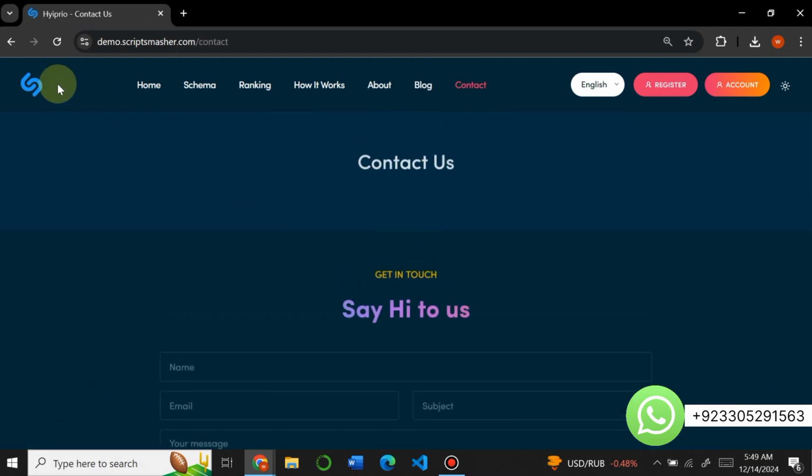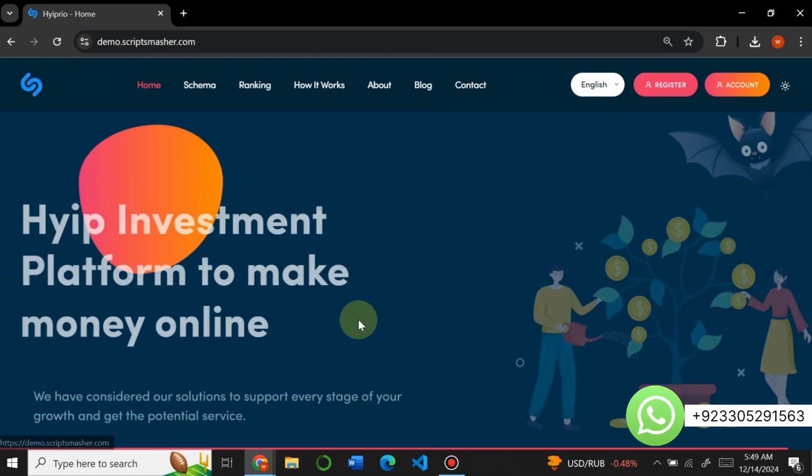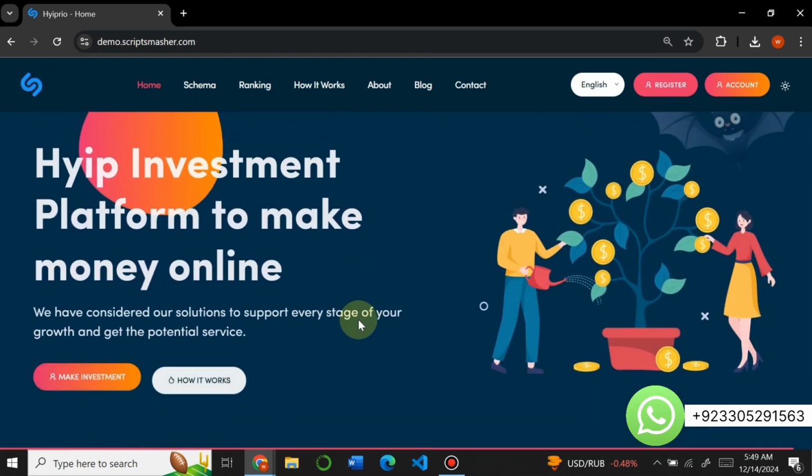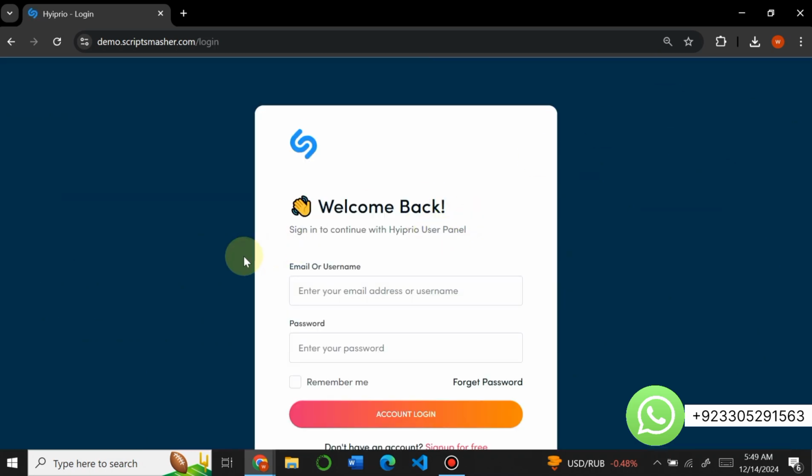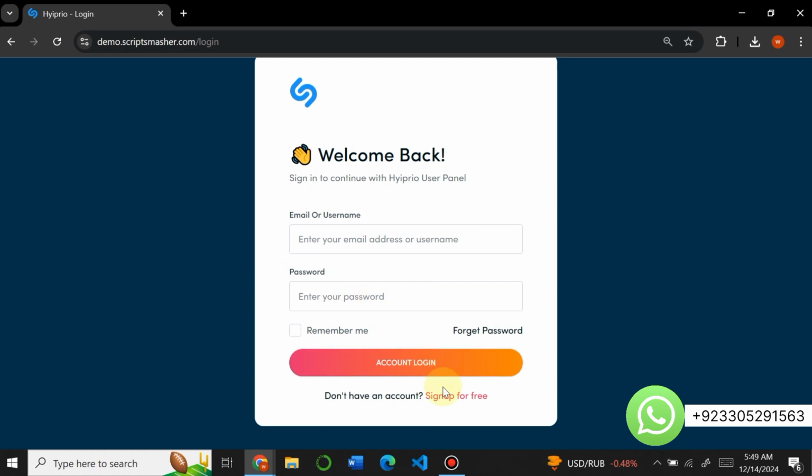So viewers, now we will go to the home page. So let me just go to the home page, and now we will register our account on the website. So here you can see there are two options. Number one is register and number two is account. This is basically a login option. So if you already have an account, you can log in. If you don't have an account, you can go to sign up for free and you can sign up your